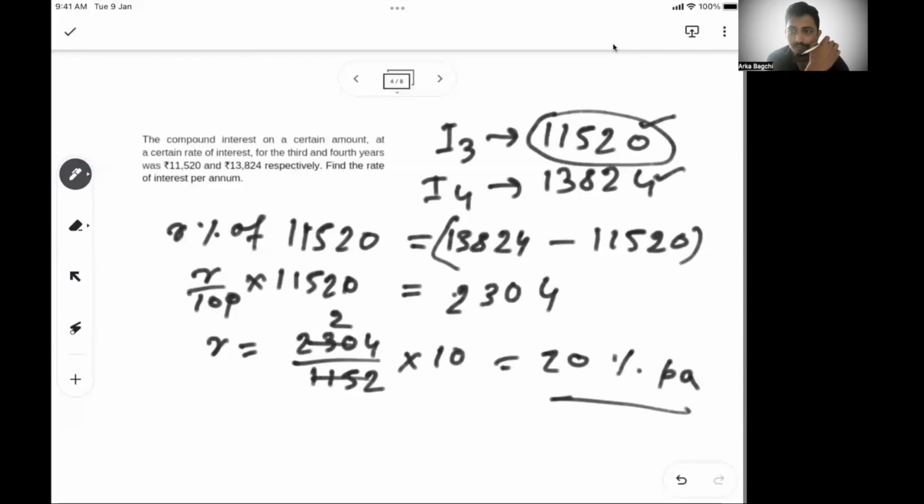So again, don't get overwhelmed by compound interest. If you know the foundational concepts or the basics of compound interest, you will be able to solve a lot of problems with this alone. Like we did, we calculated the 3 years' interest and we know the fourth year's interest. That means the delta, the extra amount that is generated, is because of the interest generated in the third year. So if we apply the normal percentage formula, R percent is the interest rate applied on the third year's interest to create that extra amount. We calculate the extra amount as 2,304, and from there we calculate R.